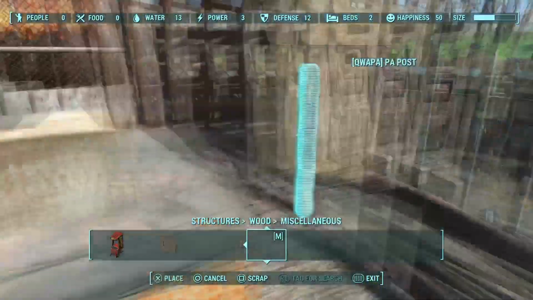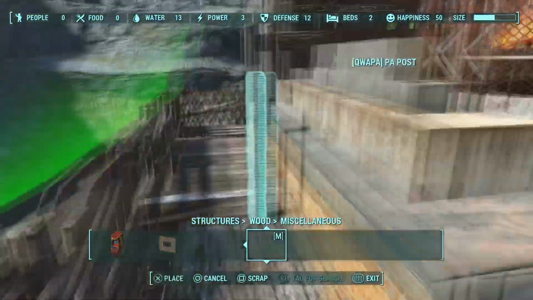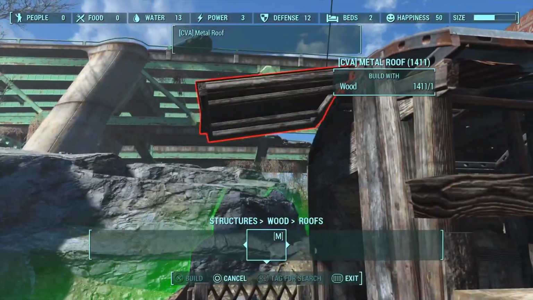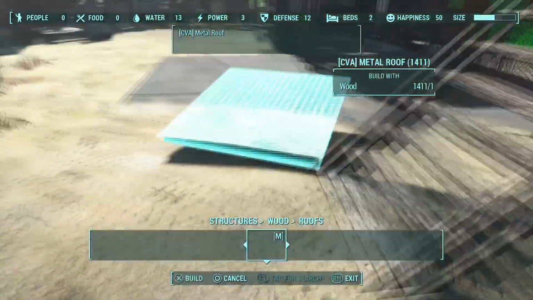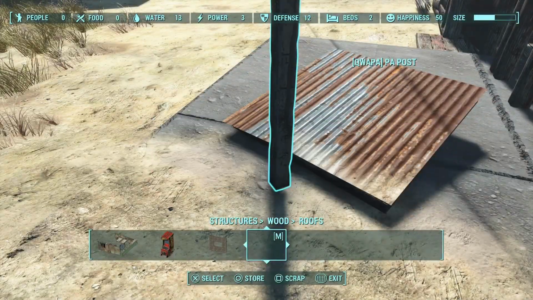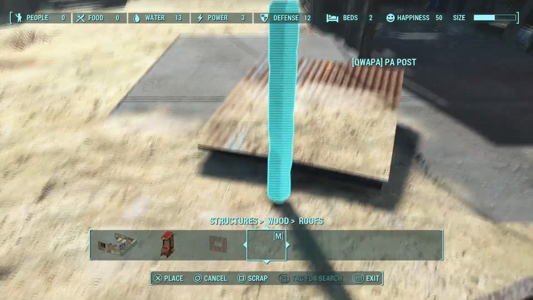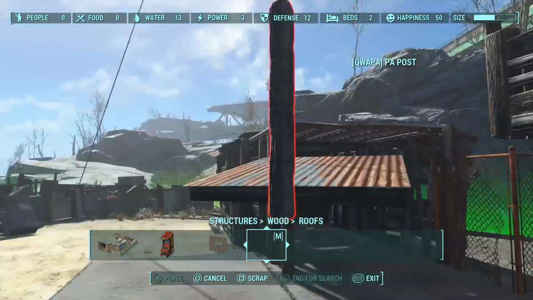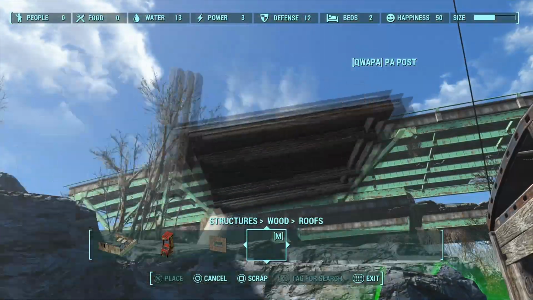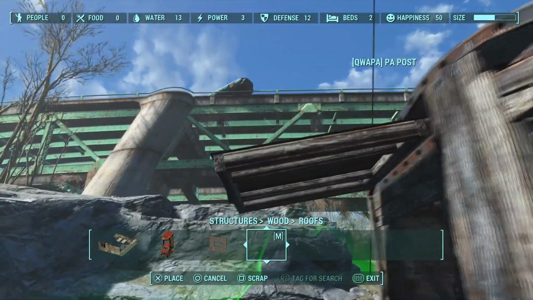I also work on the house down there that is next to the radio tower. I end up adding just a couple walls and stuff like that, just to close it off and make it look a little bit more interesting. I thought that was weird, just looking at it. The dirt would glitch up on top of the roof piece, but